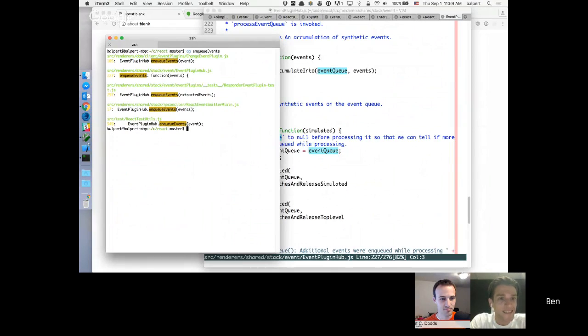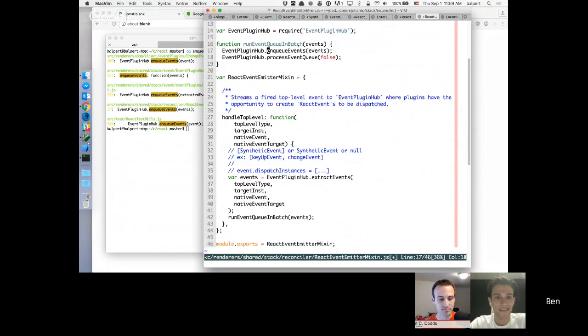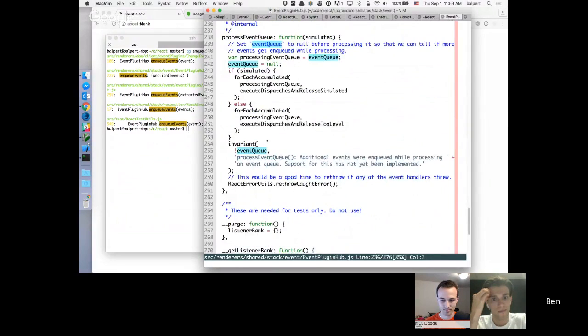Some of the other, well, whatever. It's not important. But we say basically we're going to now process these events and dispatch them to the individual components. There's some extra logic here around error handling, but basically we just loop through the events, and for each event, we're going to call this function execute dispatches and release top level,